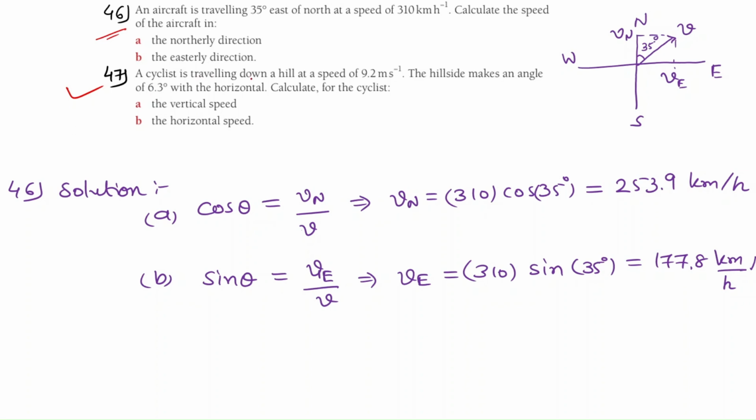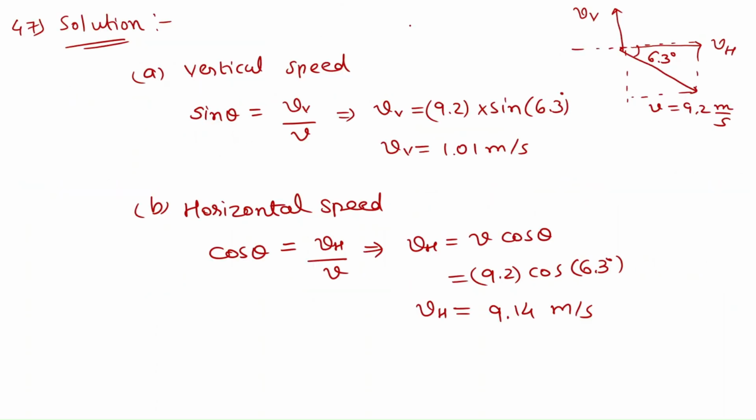Now, the cyclist is traveling down the hill at a speed of 9.2 meters per second. Some cyclist is going downward, like this is the hill, and he is going like this. The hillside makes an angle of 6.3 degrees with the horizontal. Calculate the cyclist's vertical speed and horizontal speed. Okay, for that,